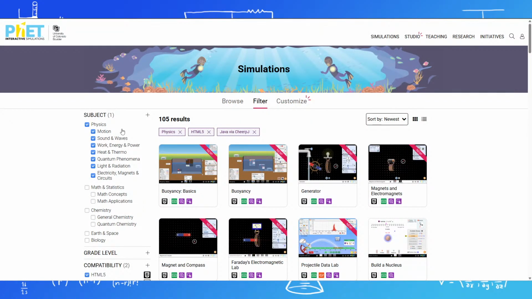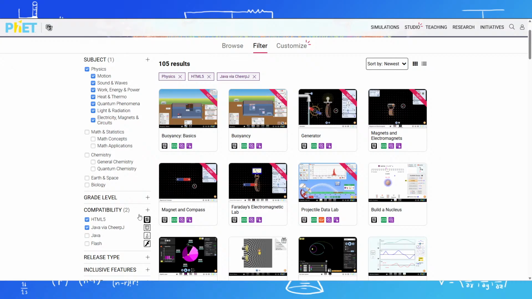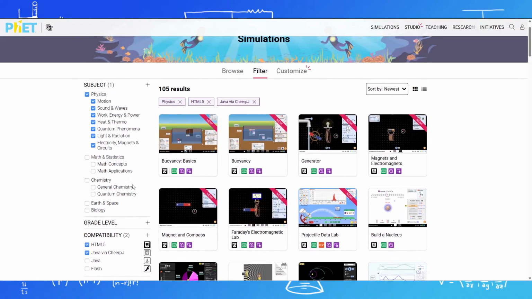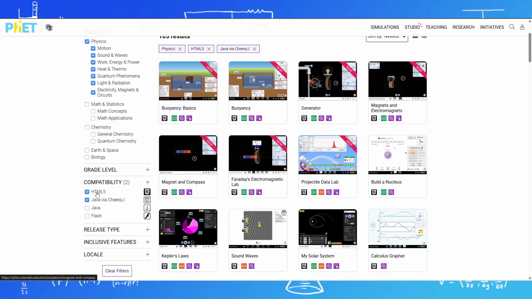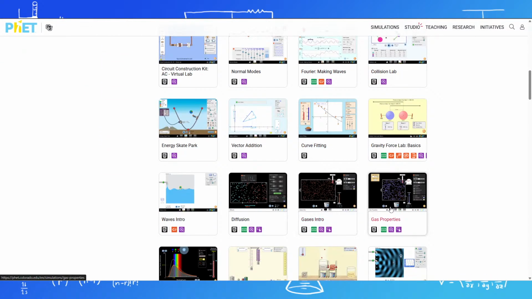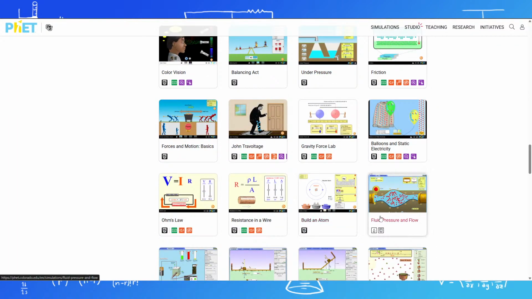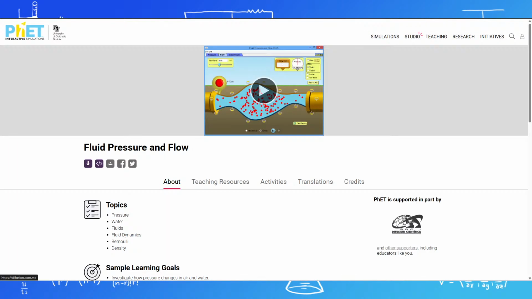On the PhET website, of course, you want to make sure that you go down here to where it says compatibility, because it's one of their older ones, and make sure you check this box, because it's not checked by default, and I don't know why. It's like they're trying to hide it. But yeah, it's one of the ChirpJ applications that they have, and once you have that checked, it will show up somewhere down here. Here we go, fluid pressure and flow. Okay, so if we open this up,